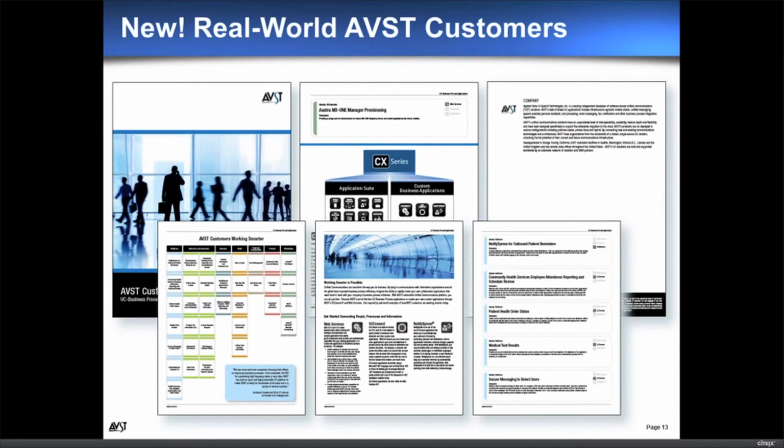So if you were to go up to AVST.com after this presentation, and in the upper right-hand corner of the main page, search the website using the keywords real world, you would get this data sheet that describes real-world applications that we've developed using the UCConnect module and our web services API. It's important to note that these applications can be run on the very same CX platform